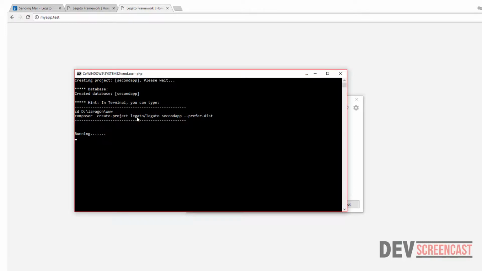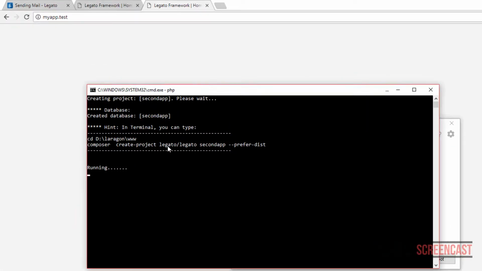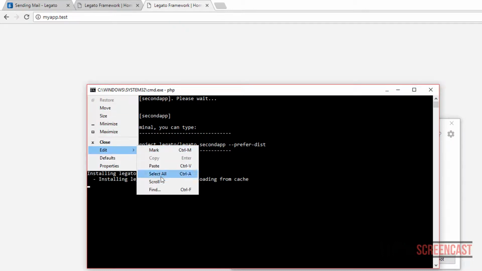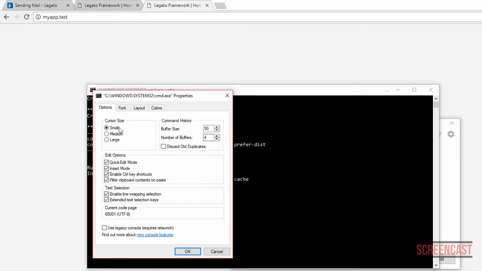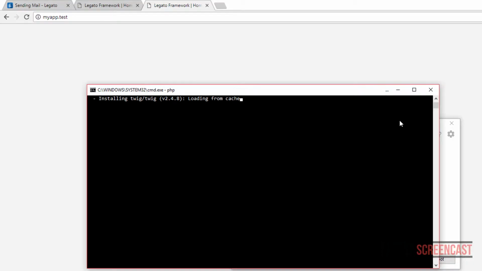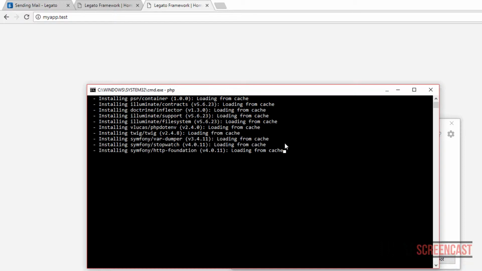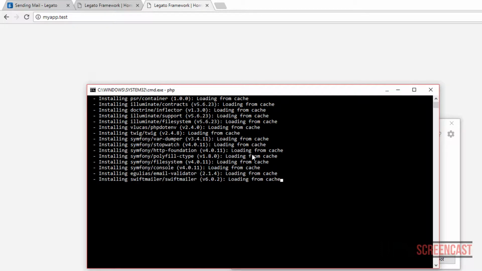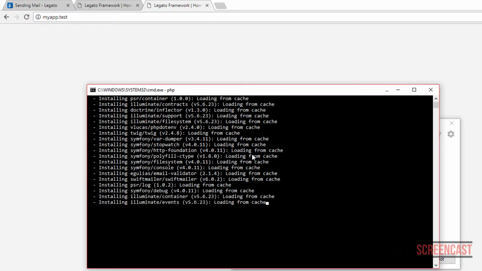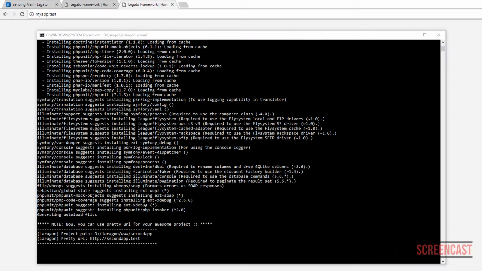Then it's going to try to quickly create that project for me. So that will take a few seconds because we just installed just now. So it is actually installing this from cache. So once it finishes installing, it's going to prompt us to tell us that it wants to update our host file. Then once we allow that, it will automatically insert the domain name that will be secondapp.test. So it has now finished installing and then it's actually asking us if we want to allow it edit